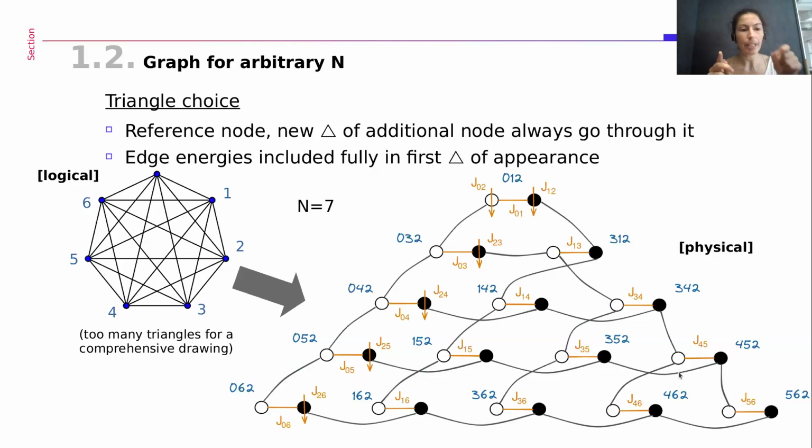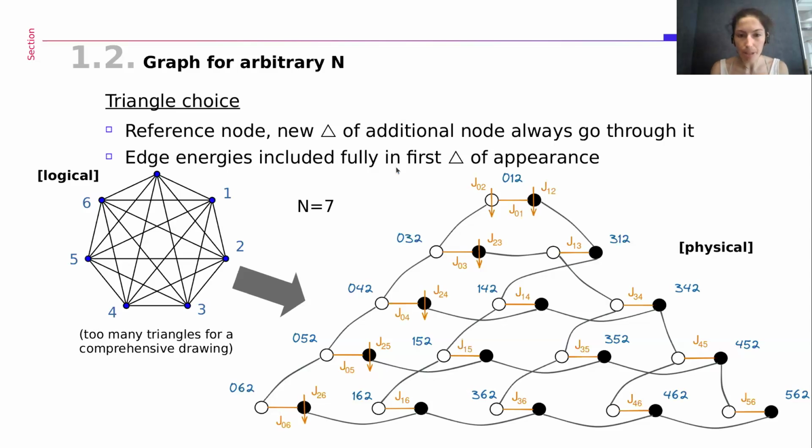And for each new qubit that you add, you have to connect it to all the rest. And the triangles that you use to do that must always go through the reference node that you selected at the very beginning. And by doing this and ensuring that the edge energies are included fully in the first triangle of appearance, remember that they always have to sum up to the energies of your original problem,